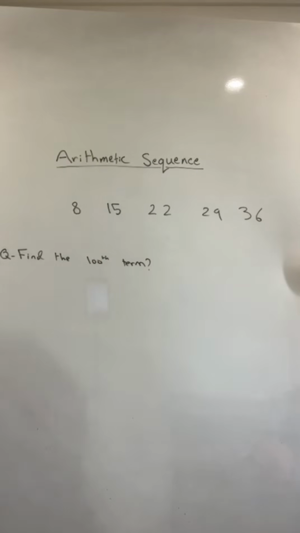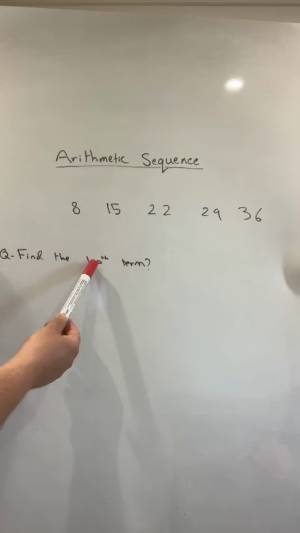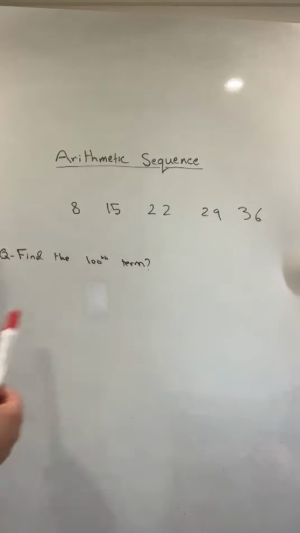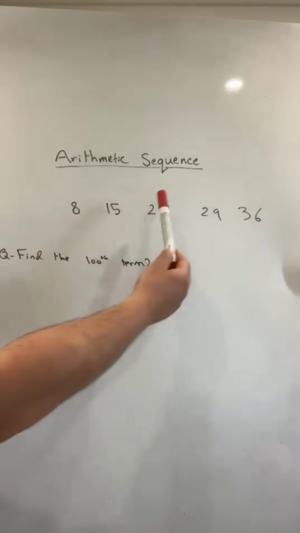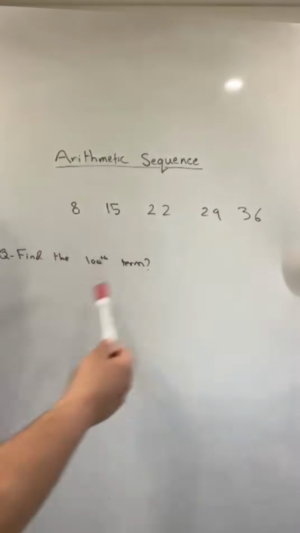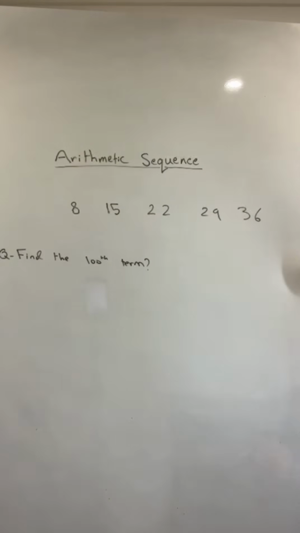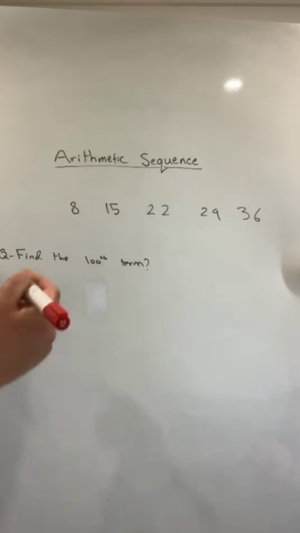So in arithmetic questions, sometimes you're asked to find, for example, the 100th term or the 50th term. Now there's no point in just going through it until you find that. It is so time consuming. There's a very simple way to find it. So step number one is to find the sequence formula, and that is very easy.